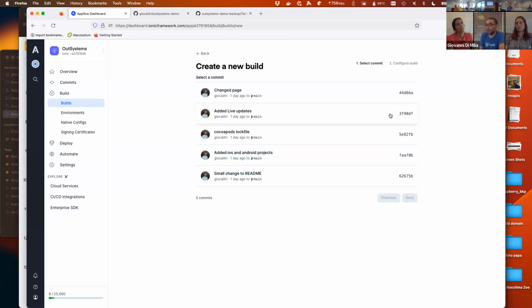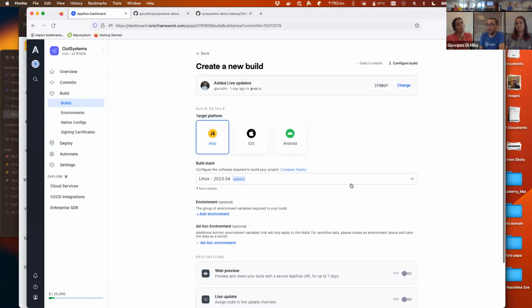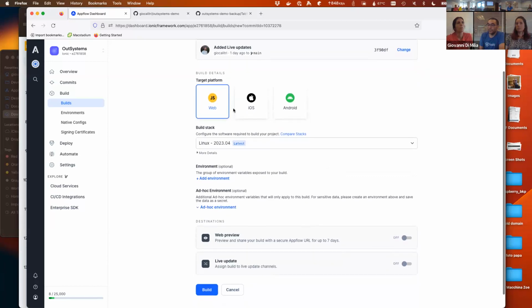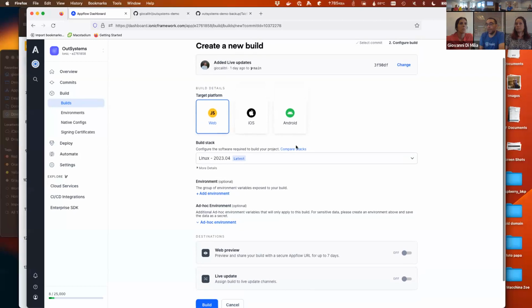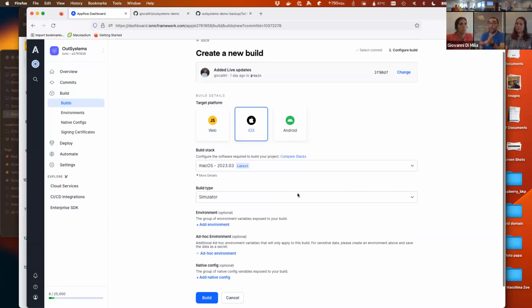I decided to use this second commit, and then you decide which kind of app you want to build. There are 3 kinds of builds you can run for hybrid apps: web, which will just build the web parts; iOS, which will build an iOS app; and Android, of course, an Android app.